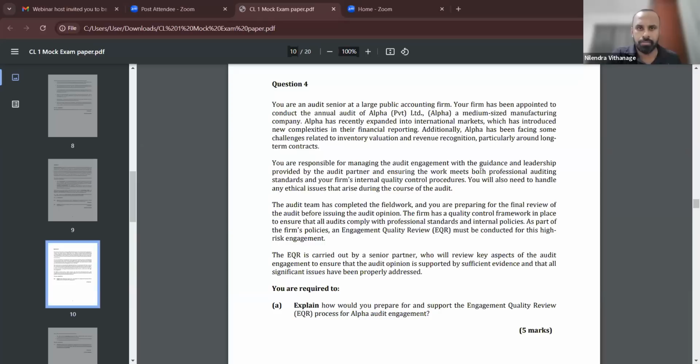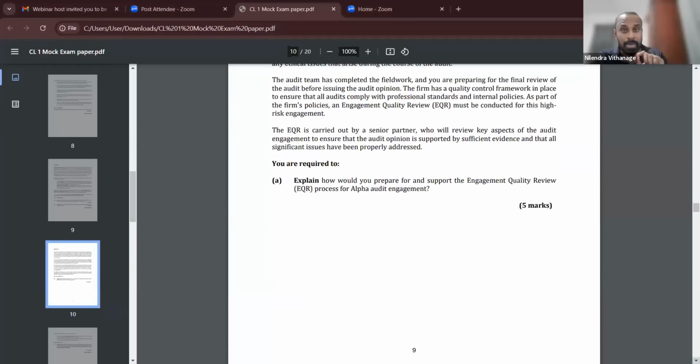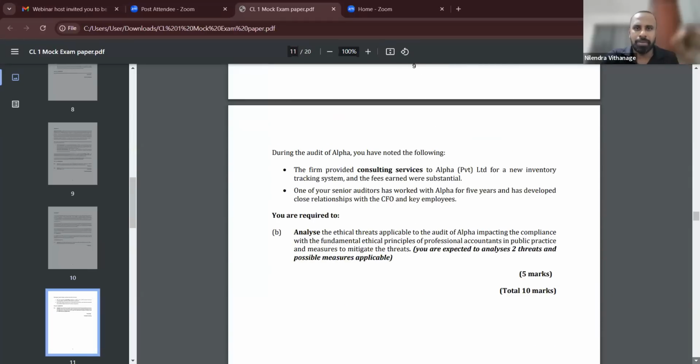Right? Done? Okay. Put that point as well. No problem. So students, quality control area, remember, really important. Normally, I have seen students, sometimes quality control area, you guys do not go through well. So remember, study pack is there. CA Sri Lanka has provided all these materials. Use that material and write down the perfect answer through quality control. Get the maximum marks.